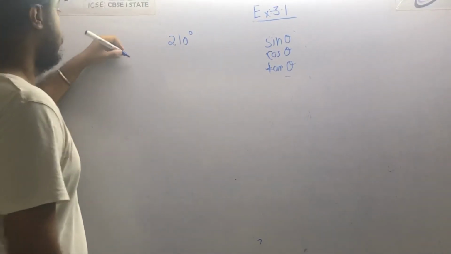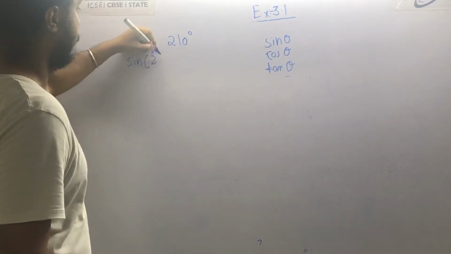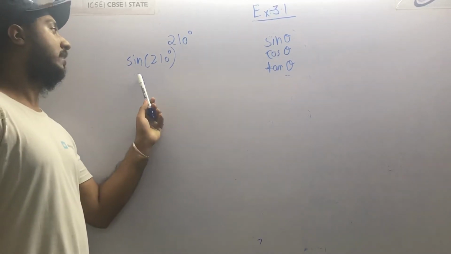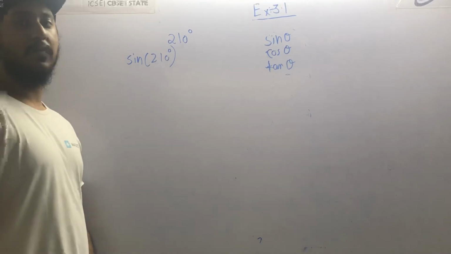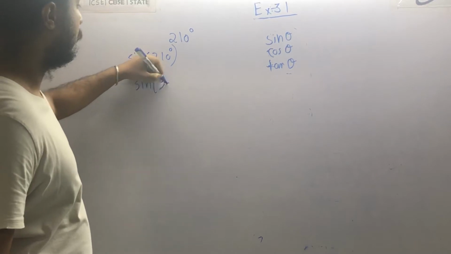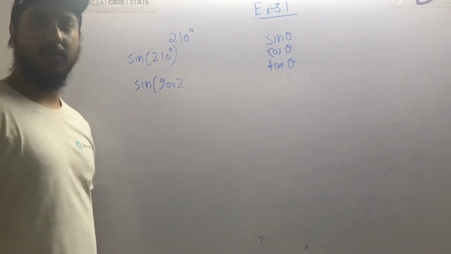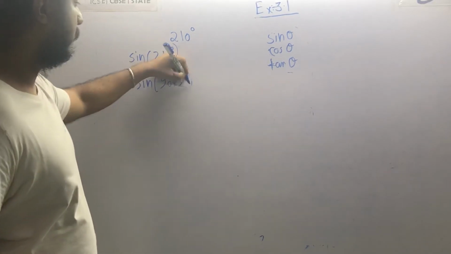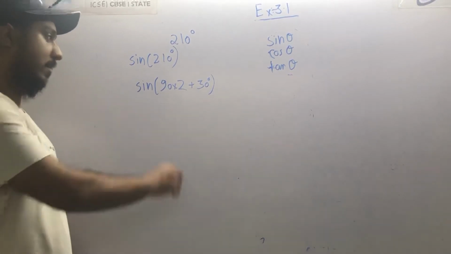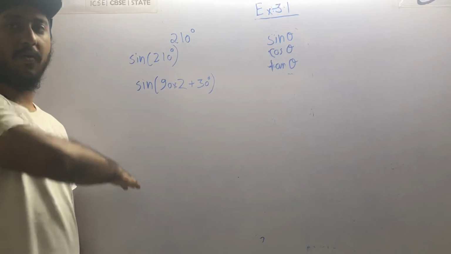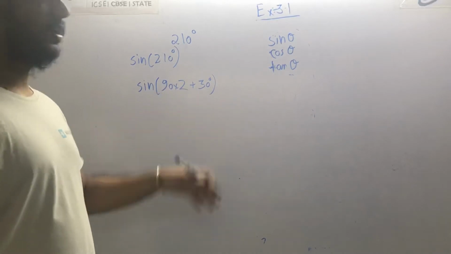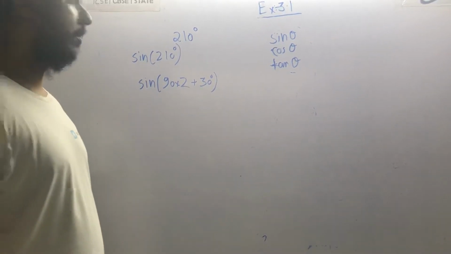Okay, so the first one is sine 210. Now carefully try and imagine in which quadrant this will lie. I will write it in the multiple form first: 90 into 2. 90 into 2 is how much? 180. How much will you add to 180? 30. Now look carefully at what I am talking about. Which quadrant are you entering? 90 into 2 means you have finished two quadrants already, because 90 is one quadrant. Plus 30 means which quadrant are you entering? The third quadrant.